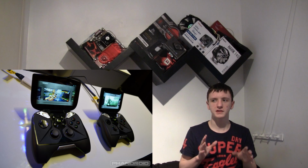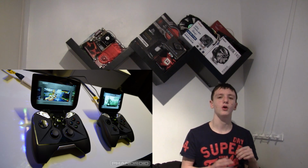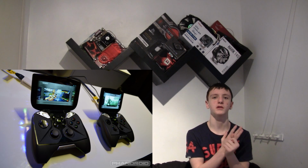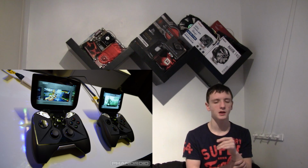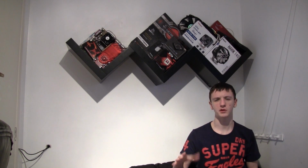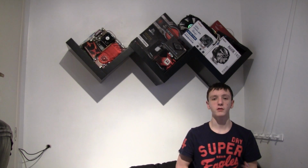Now the device is really unique in that it's not the same as a PSP or a DS, because the console is, one, obviously Android. I believe it's touchscreen as well, which is nice. But on the console, you can play Android games, and if you have a compatible PC, like the one that's sitting right down there, I don't know if that one will be compatible because it might be locked in with Nvidia. I'm not sure, but basically, if you have a gaming PC at home, you can use your gaming PC to render full,